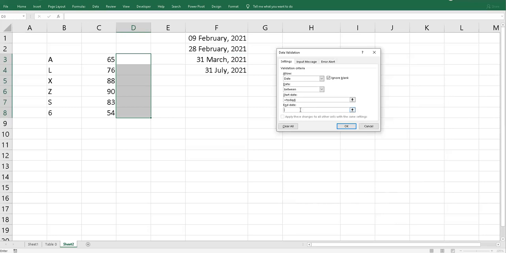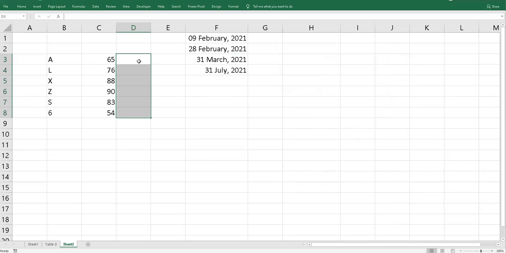and EOMONTH, TODAY with 0, and then apply it over here.